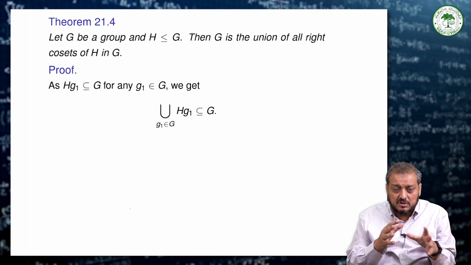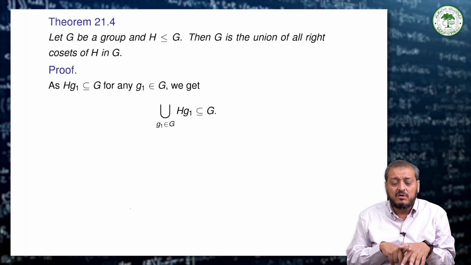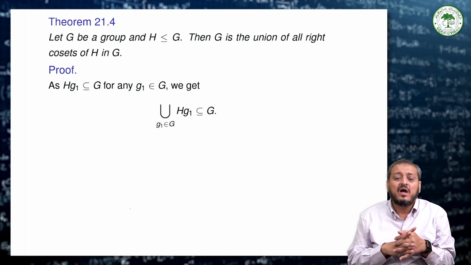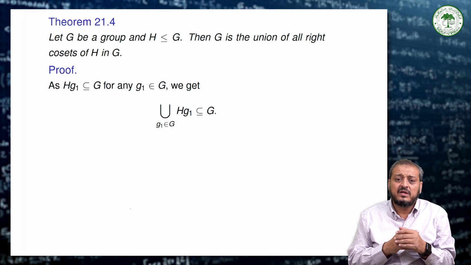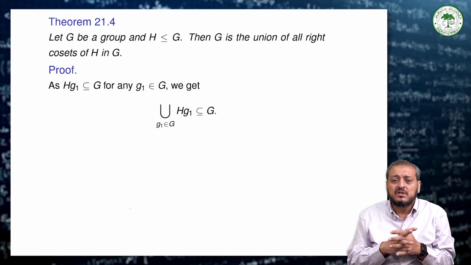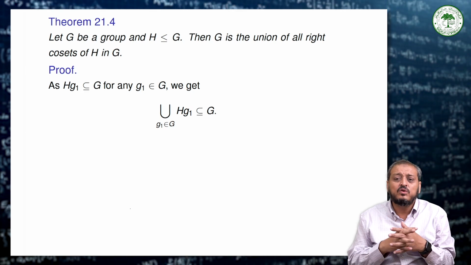Now we come to the next theorem. We say that let G be a group and H a subgroup of G. Then G is the union of all